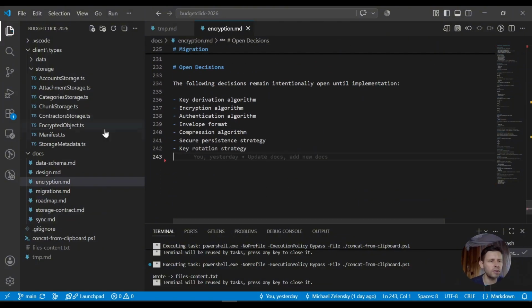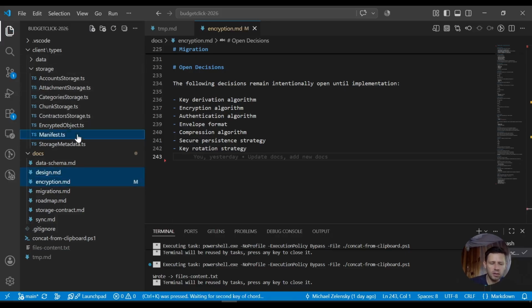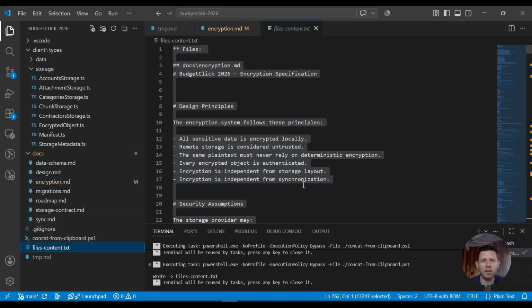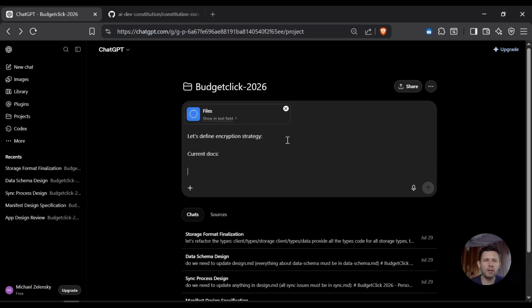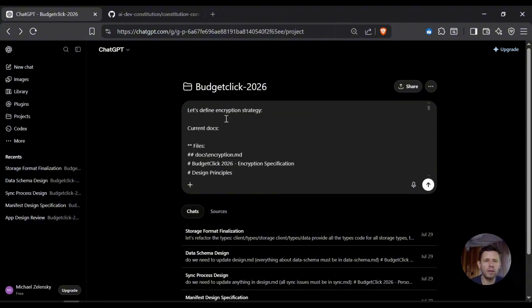Okay, let's keep it for now. Encryption, design, manifest, copy, concatenated,